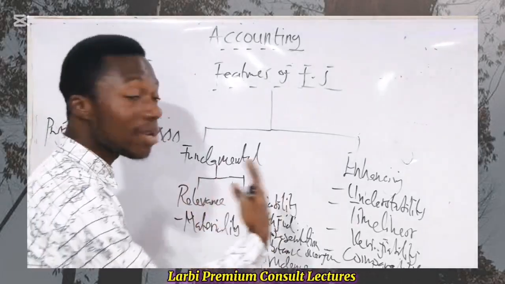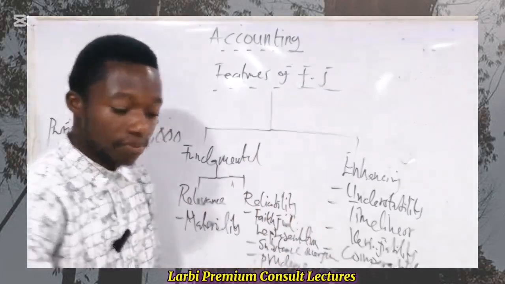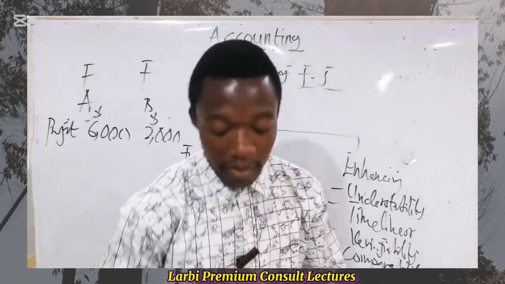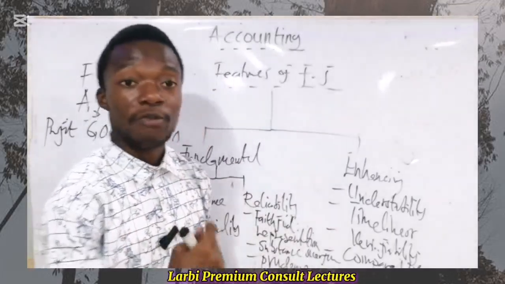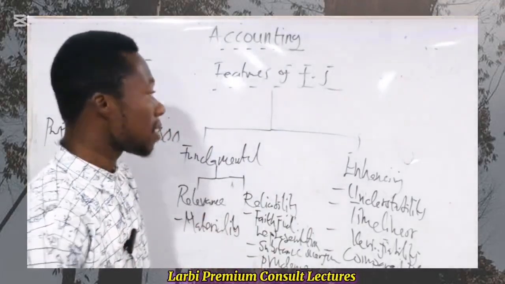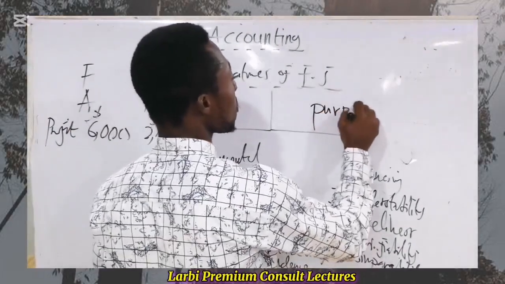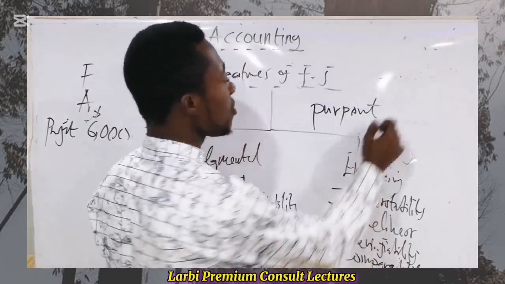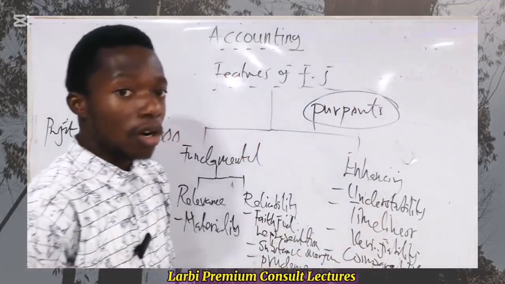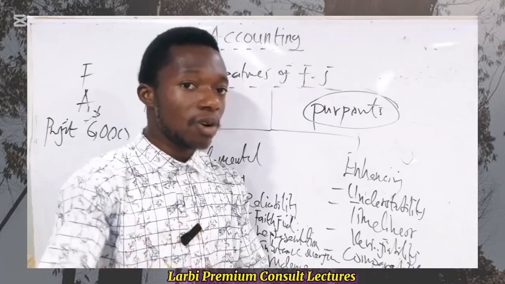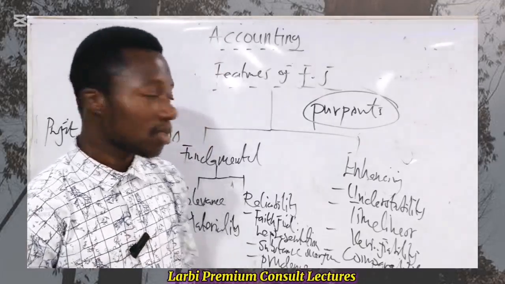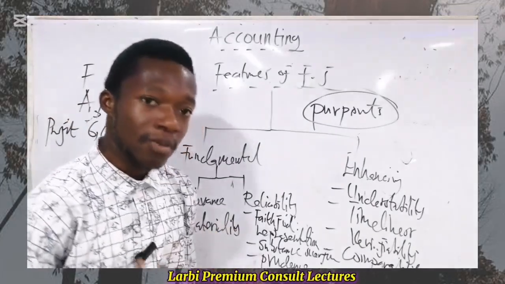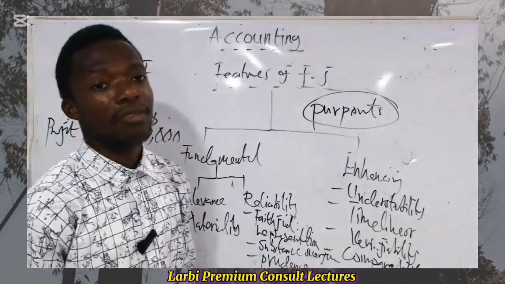Presented. So faithful representation. When we say faithful representation, it means that the financial information, or the financial statement, must present the economic phenomenon that it purports to what? Represent. You have the word purport. Purport to what? To represent. So all the economic phenomena of the transaction must be what? Represented in the financial statement. That is faithful representation. Right? So we must present the economic phenomenon that must be included in a financial statement.